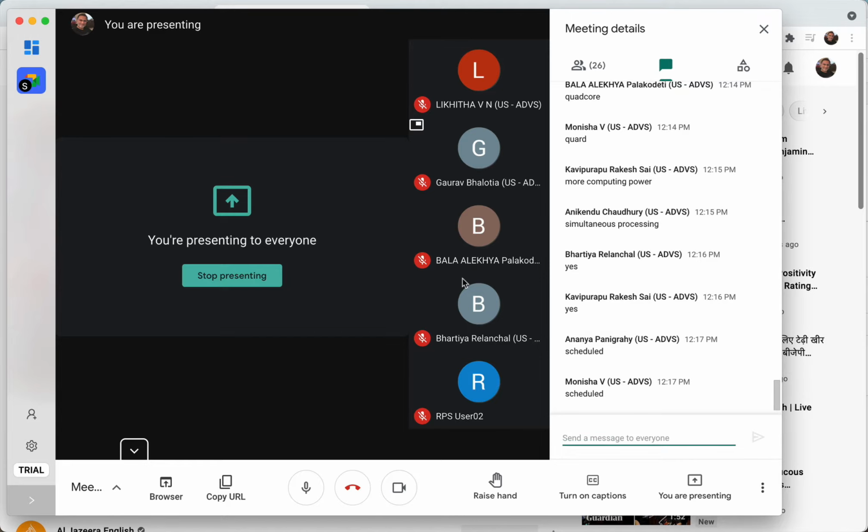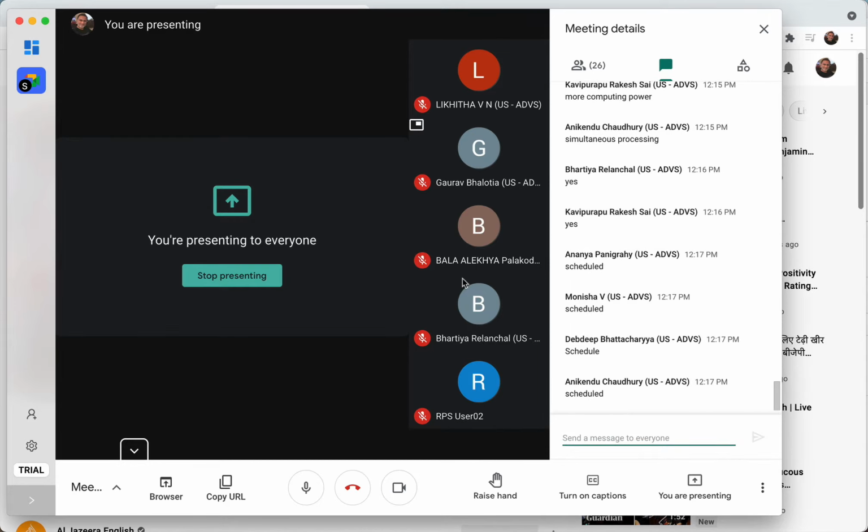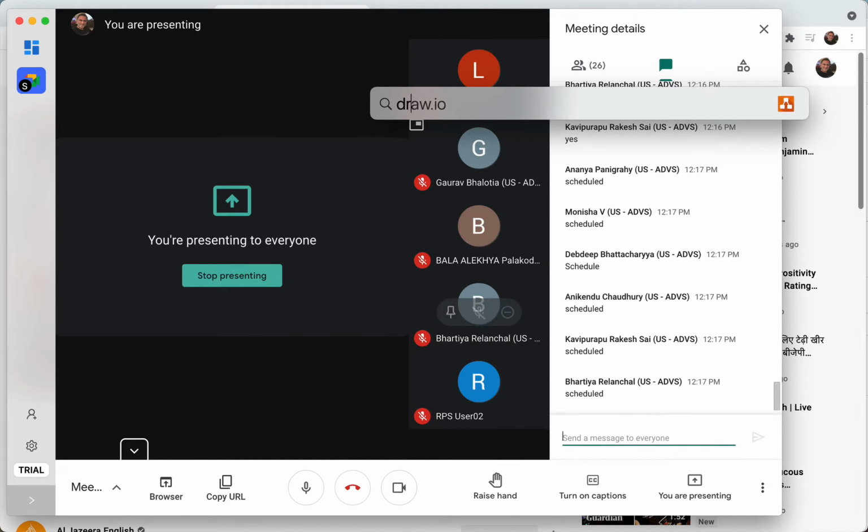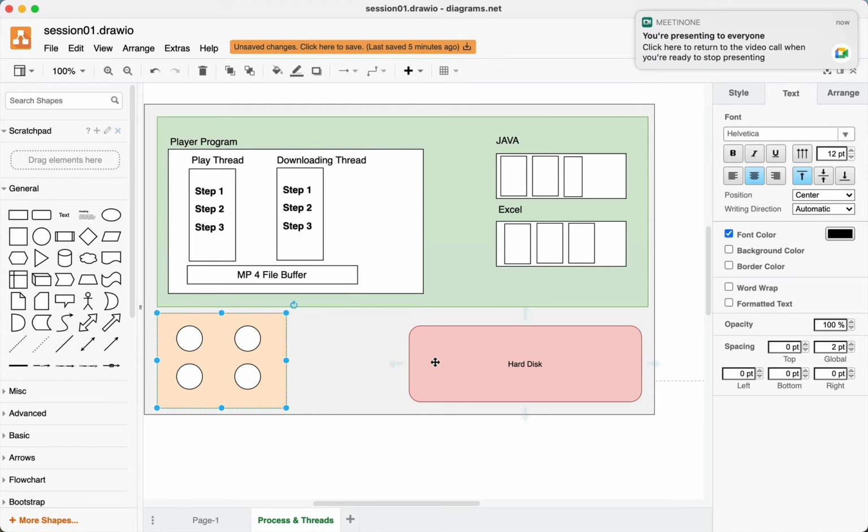Excellent, Ananya. Very good, Manisha. Will have to be scheduled. Exactly, perfect, will have to be scheduled. And that scheduling algorithm is the responsibility of your operating system. I repeat, the scheduling algorithm is the responsibility of your operating system. It is your operating system which is supposed to run all the processes. Your operating system rules. It is your operating system that runs the hardware.